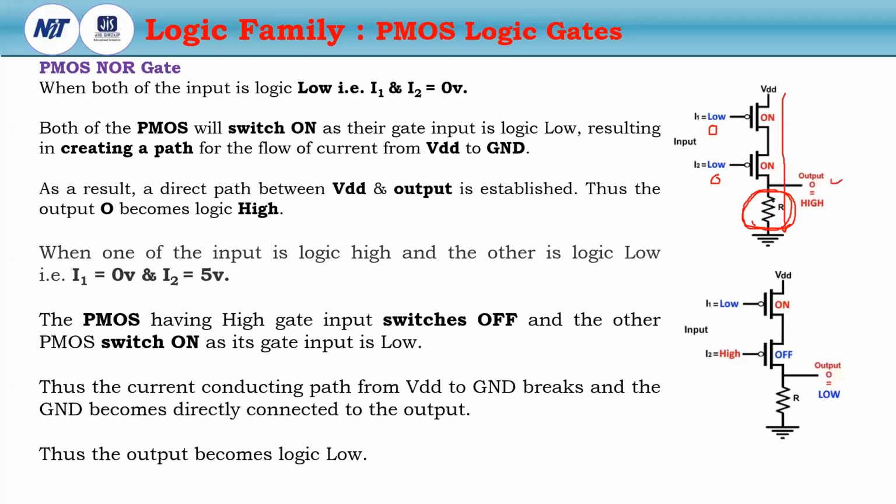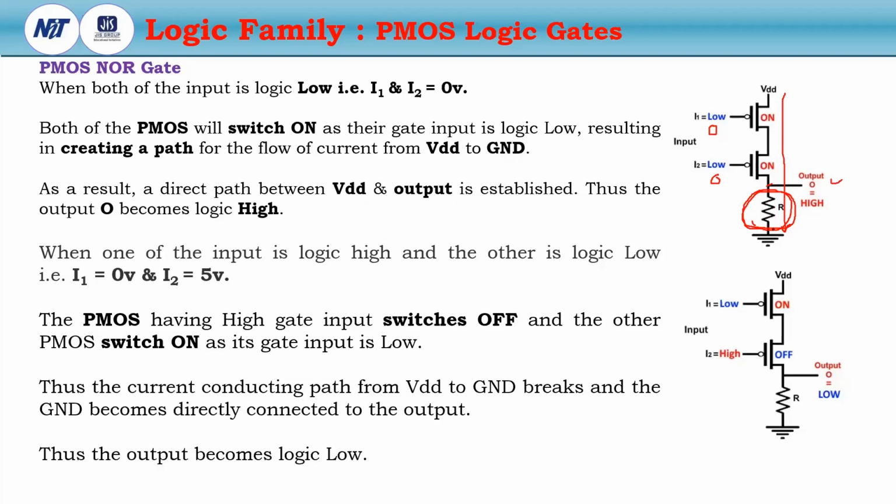The output will not transfer from the output port at this node to ground. Both the PMOS will switch on as the gate input is logic low, creating a path for the flow of current from VDD to ground. As a result, a direct path between VDD and output is established. Thus, the output becomes logic high because of the high resistance of the